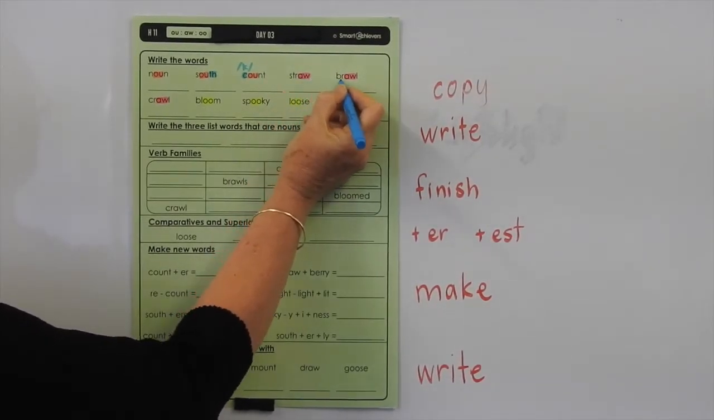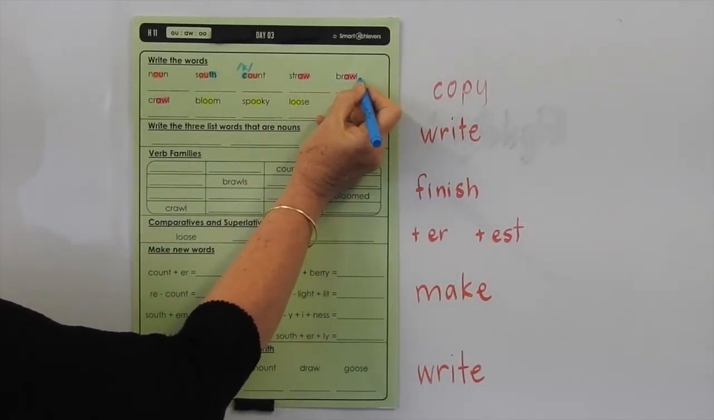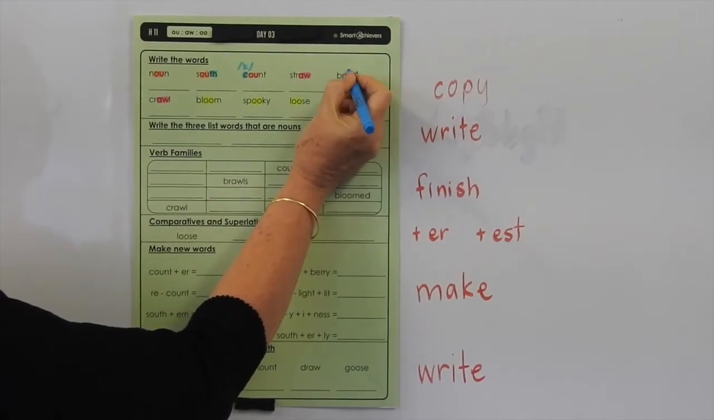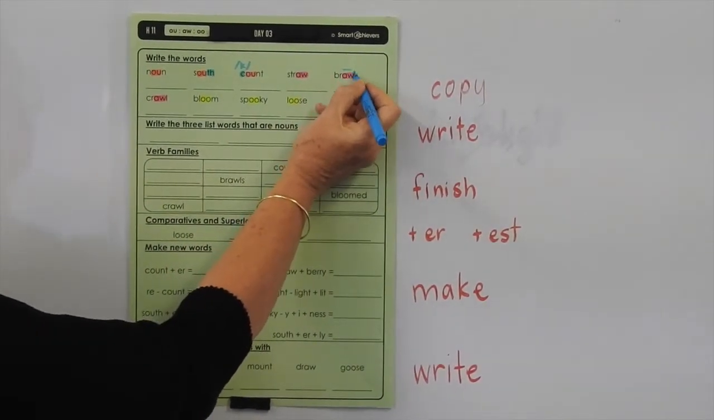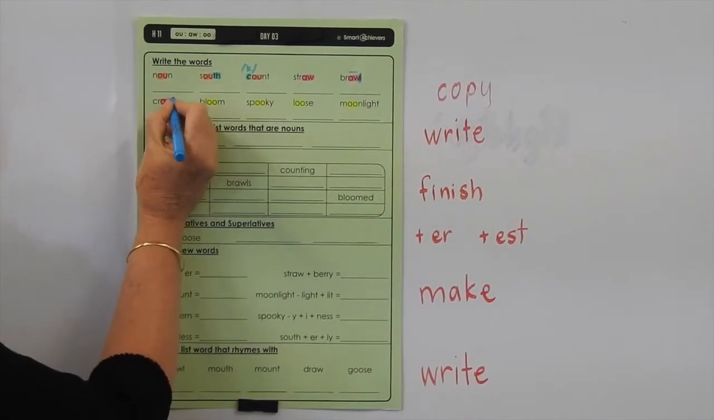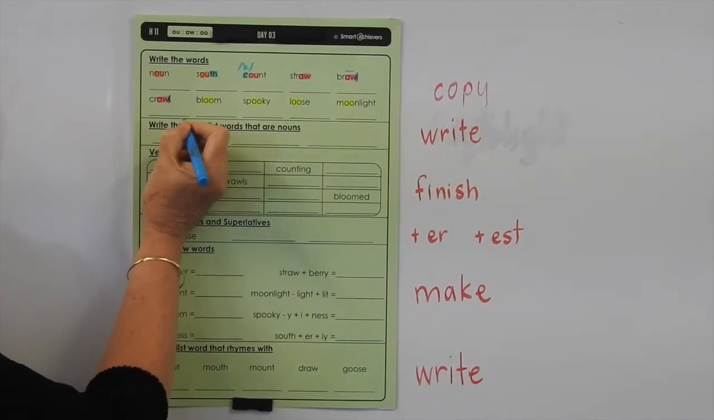Or, straw. But or brawl. Now you've got a long vowel sound, so that means you put one L at the end. It's a short word, long vowel sound, ends in L, we use one L. So the same applies to crawl. But